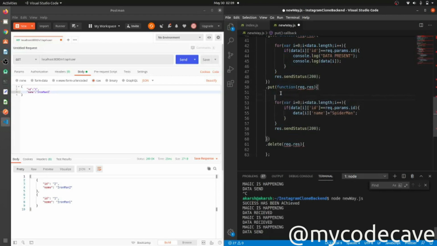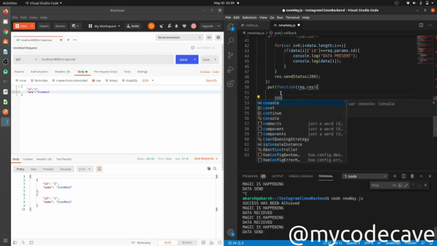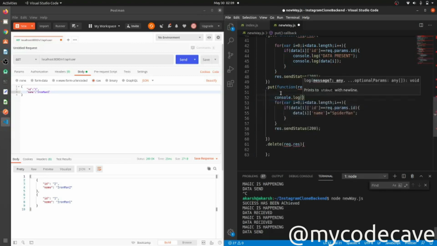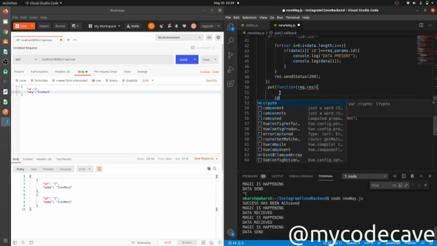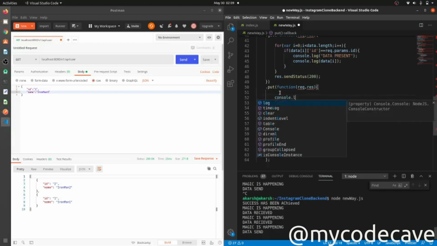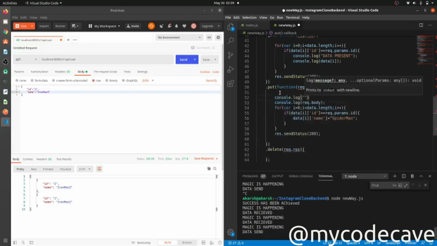Like you can send, and I will show you console.log request.body. Let me just console.log data from postman for put.